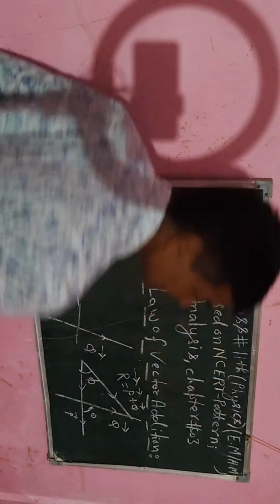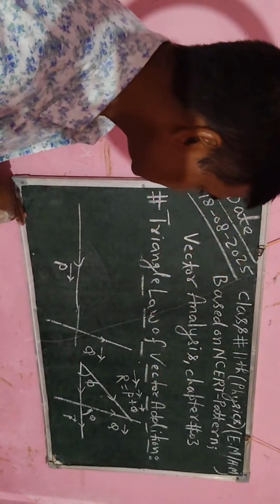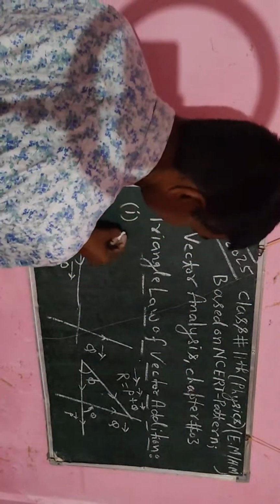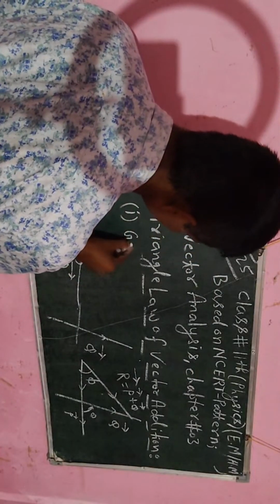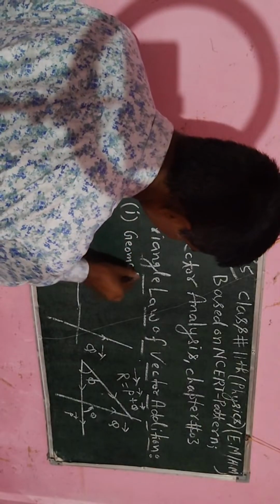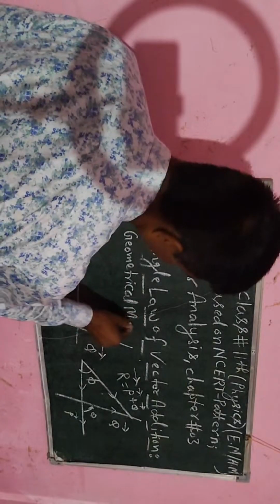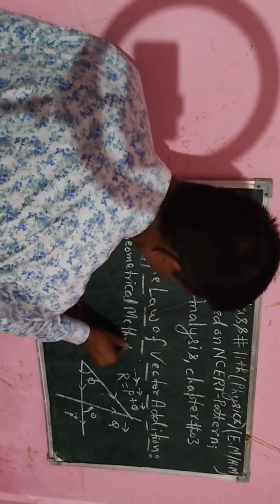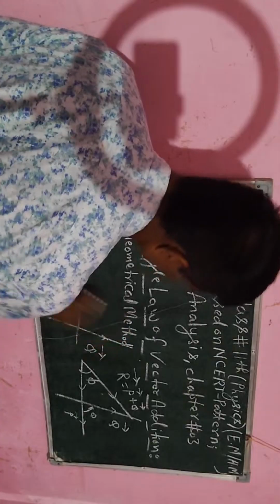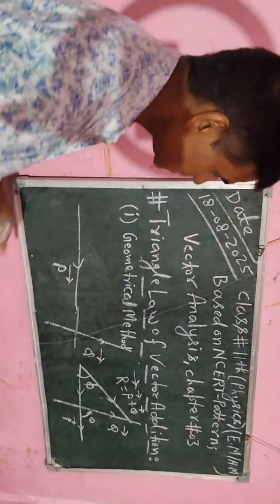इस मेथड को हम कहते हैं ज्योमेट्रिकल मेथड होता है। इस मेथड को हम प्रॉपर्ली यूज करते हैं। दिस इज द सेकेंड फर्स्ट मेथड दैट इज ज्योमेट्रिकल मेथड। इसको ज्योमेट्रिकल मेथड कहते हैं। तो वेक्टर के एडिशन को दो मेथड से हम जनरेट करते हैं, दो मेथड से हम कैलकुलेट करते हैं।